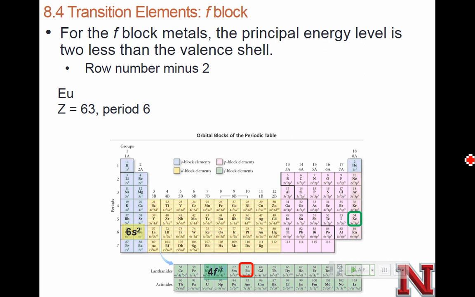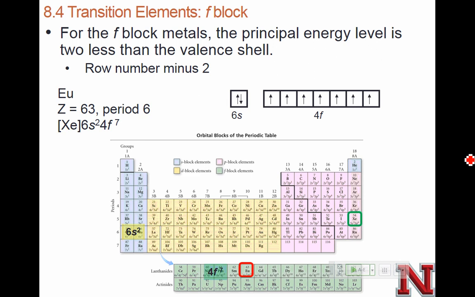Our 4f, and it's in the 7th. And then, it doesn't really have any of the D. It actually fills here. So that's what we get with that one. And I'm going to talk a little bit more about the fact that it's 4f7 and not 4f6 and D1